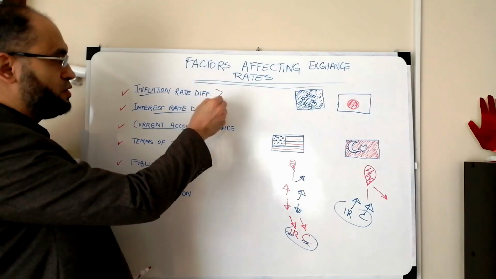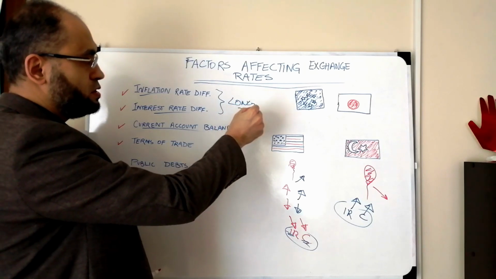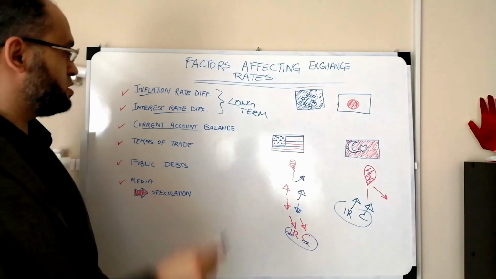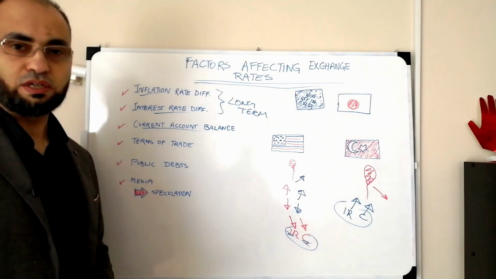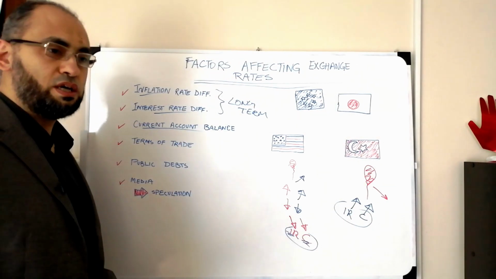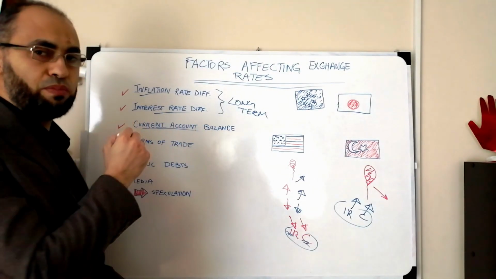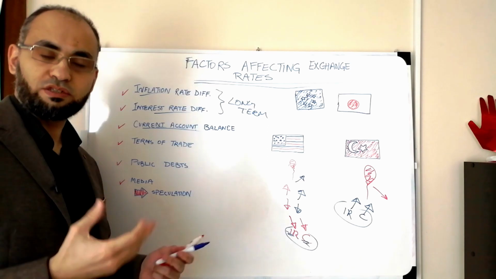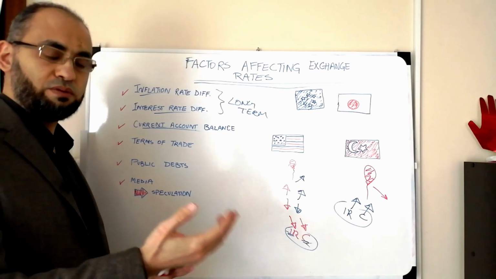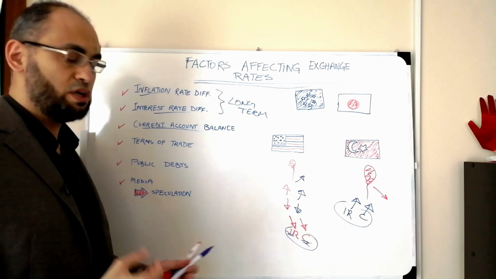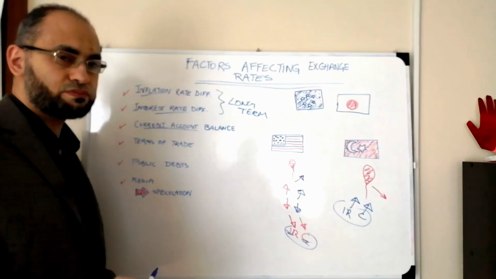These ones affect in the long term. The ones that affect in the short term, now we start with the current account balance. The current account balance, let's first say what's the current account. The current account is actually the balance of a country trading with its trading partners. So what comes in and what goes out, that's the current account. So the current account balance says